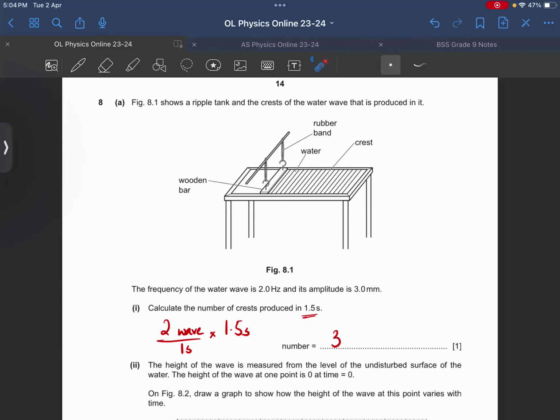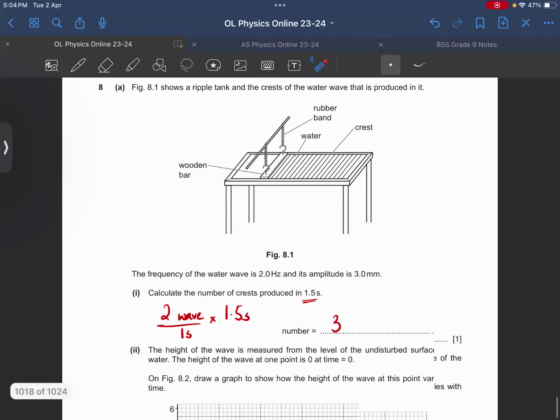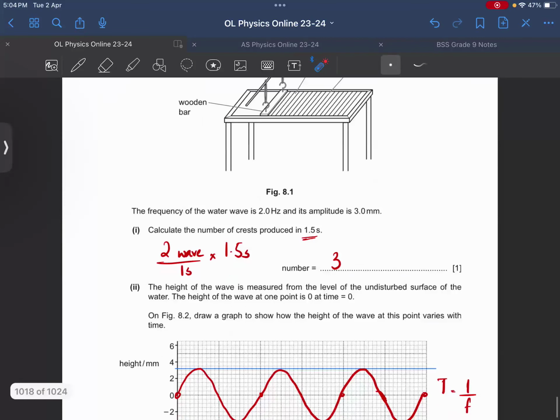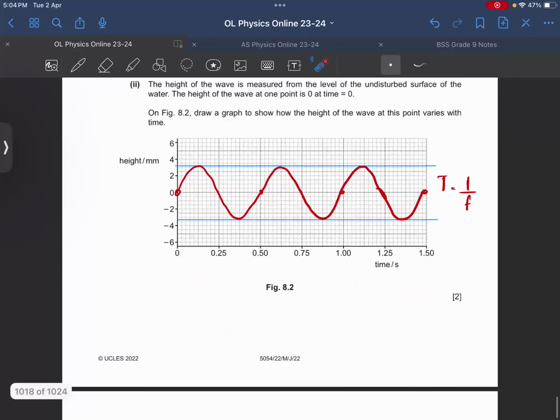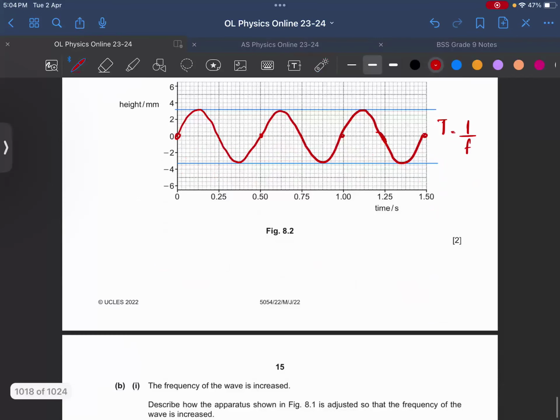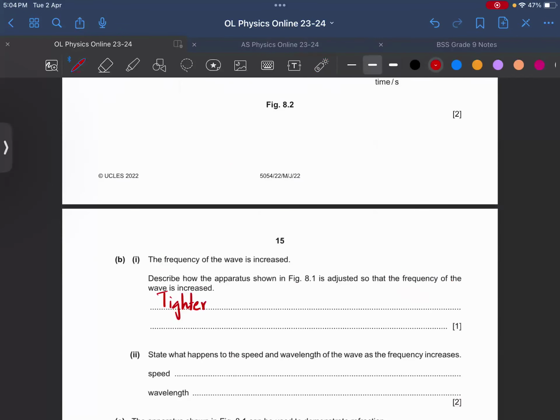या तो आप कह दें कि आई यूज अ लाइटर बार, या यू कैन ऑल्सो से यू मूव द बार अप एंड डाउन मोर। ठीक है, या आप ये भी कह सकते हैं दैट यू मेक द रबर बैंड स्ट्रॉन्गर और टाइटर, ताकि ये तेजी से मूव करे। सो मैं कह रहा हूँ टाइटर या स्ट्रॉन्गर रबर बैंड्स।